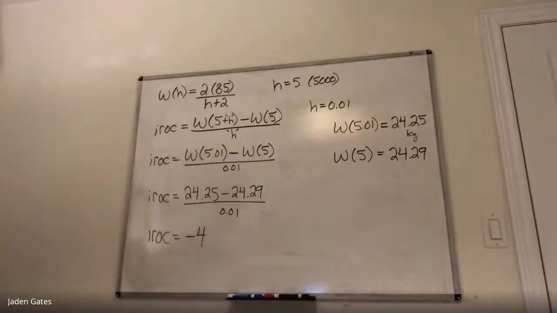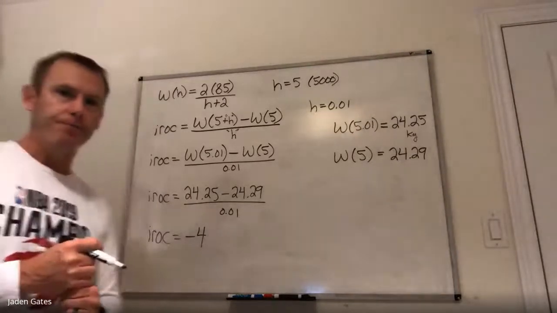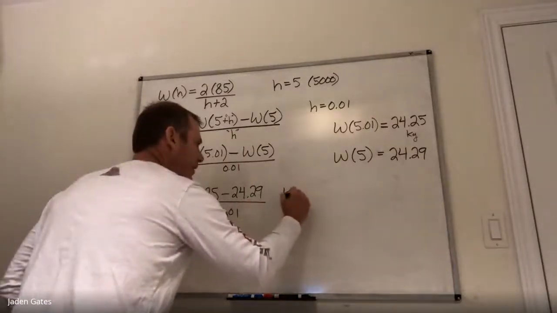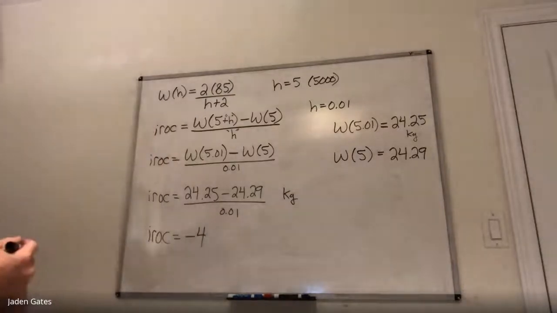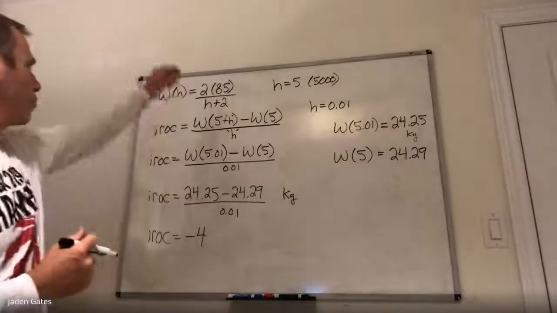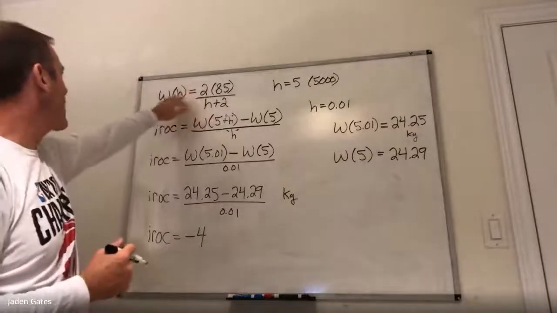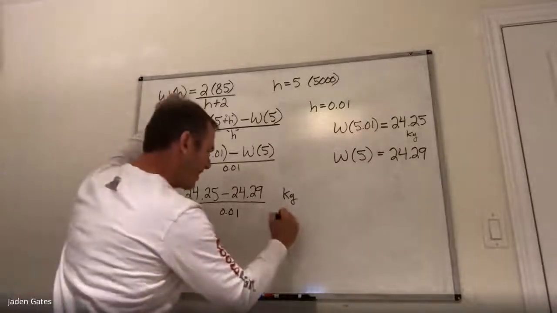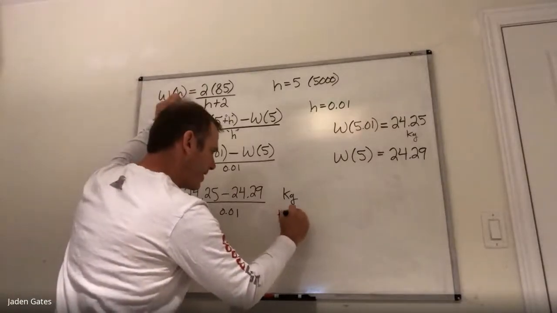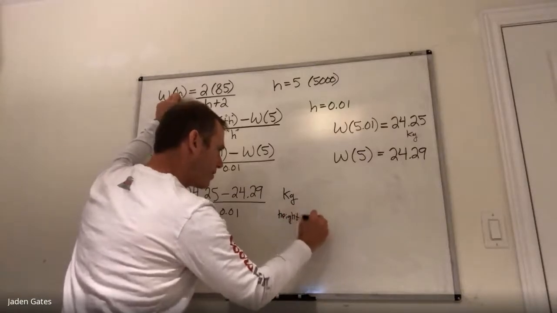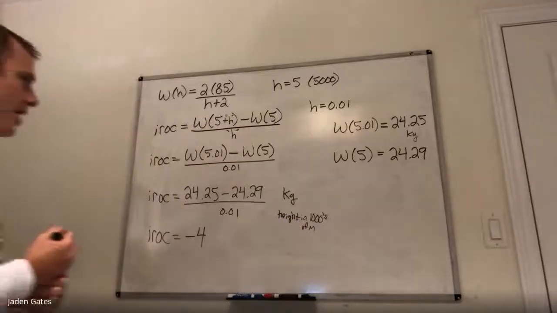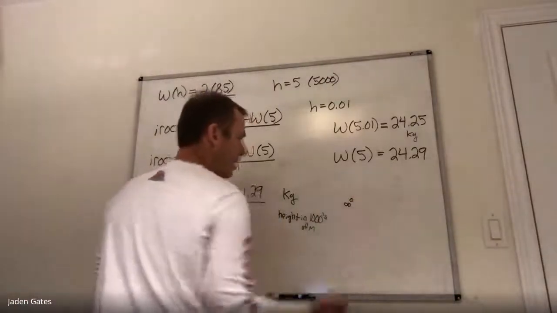I just got a -4. All right, now, what does that mean, right? Because you're always going to have to write a therefore statement. And so, again, the units on the top, our weight was in kilograms. And our bottom, we're looking at our h value, our x value, which is our height in thousands of meters. So what this is telling us is that, therefore,